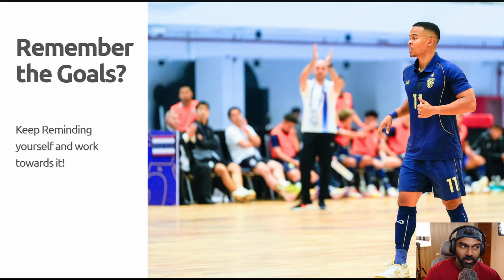Now, do you remember the goals? So we discussed the goals of each game earlier. So if you don't remember the goals, go back and try to understand what your goals are, write it down, remember it, and try to achieve it throughout the game. So 10 photos. If there are like 20 people in the stadium, you probably have to have like 30 photos, like 20 people, one each, and 10 moment photos. So you need to have those in mind and try to achieve that, right?